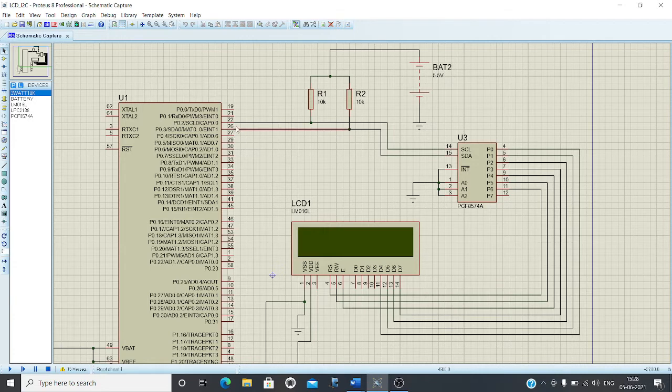P0.2 carries the SCL, that is the clock, and P0.3 carries SDA, that is data. These are the designated ports P0.2 and P0.3 for I2C communication. So there are only two connections.